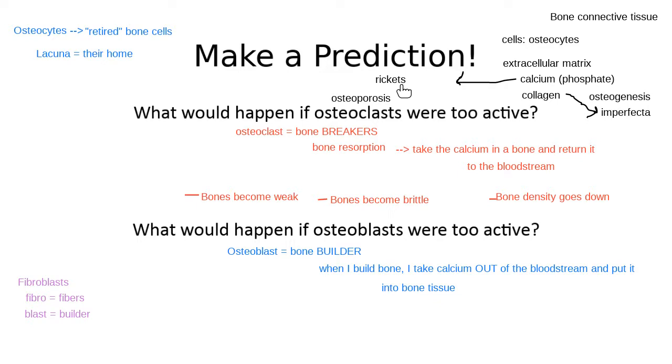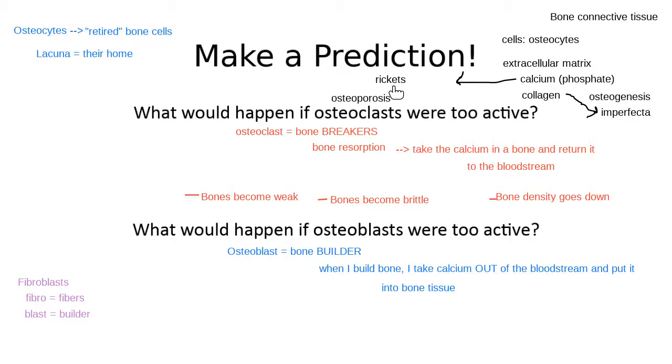So rickets can by itself be not severe enough that you have other problems, but if you have really severe rickets, if you have really low calcium in your bloodstream, you would also see a lot of other issues as well, not just bone problems, but heart problems, teeth problems, a lot of things that we use calcium for sure.